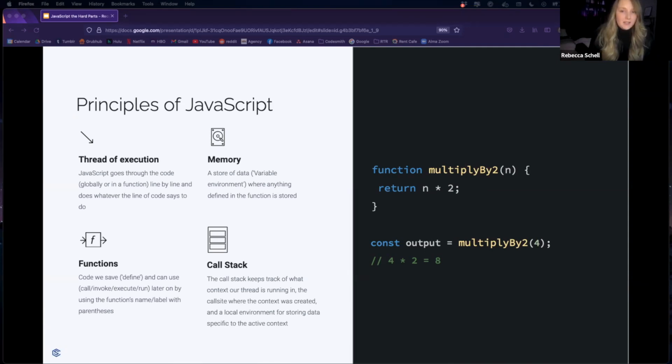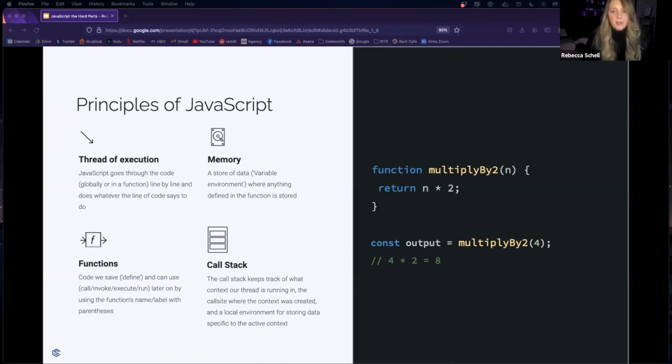So for each active execution context, beginning with global, we are given a special variable memory, or environment memory, to store things like variables. So for example, let's say I wrote num equals 7. I would need that label num to get saved into memory so that later on, whenever I reference the variable num, JavaScript knows what I'm talking about and it can update the value